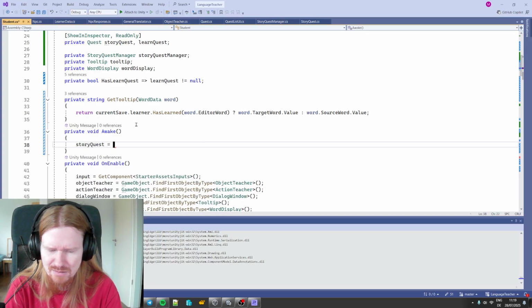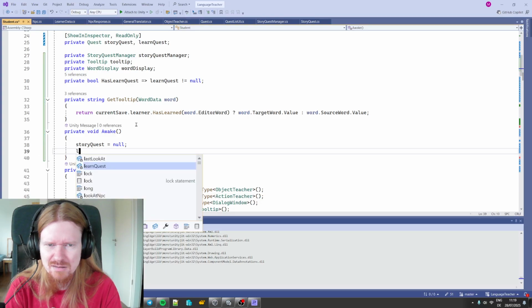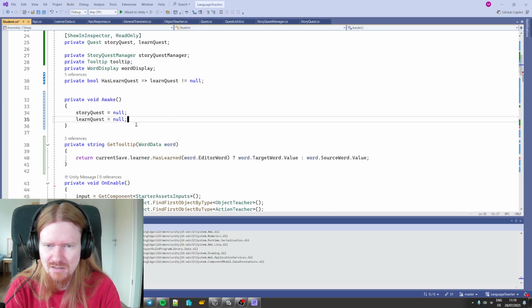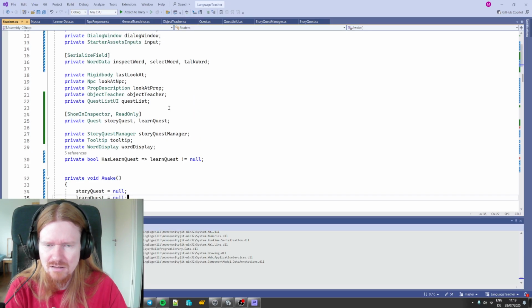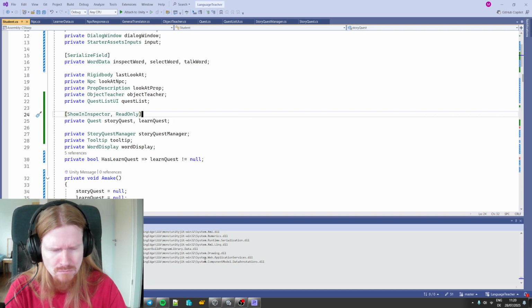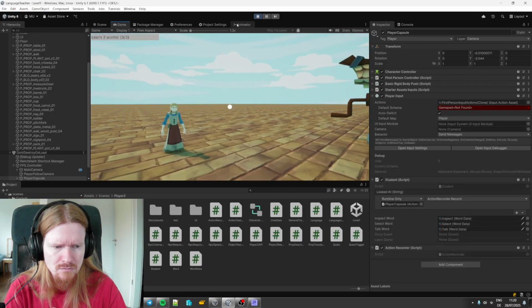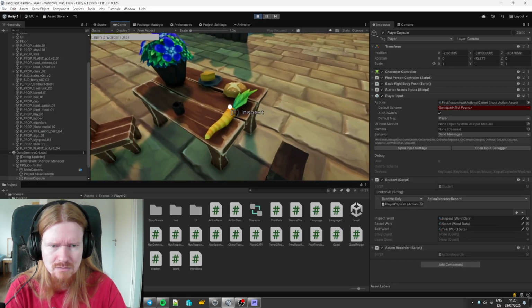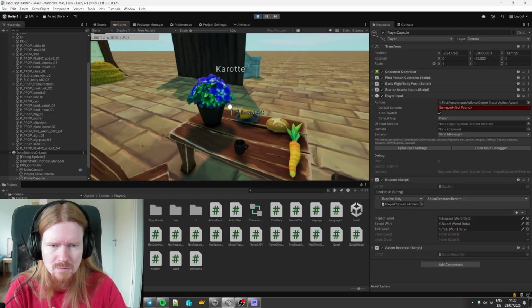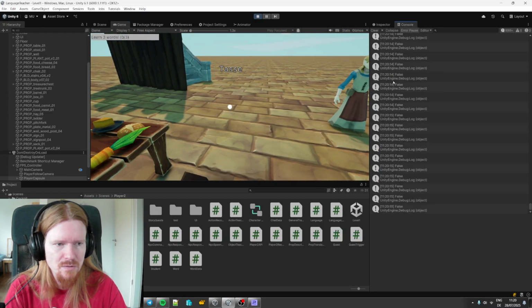But that's weird. These are not even serialized. No, it's not. Weird. Okay, so now the inspect works again,